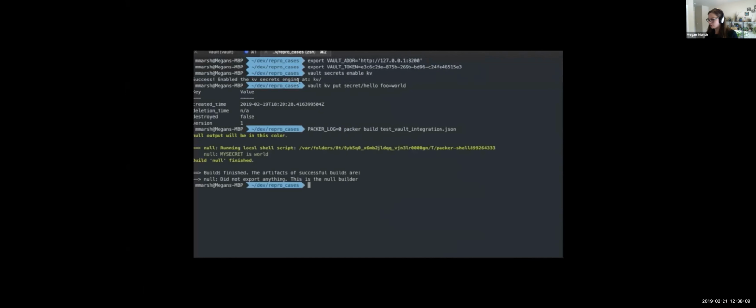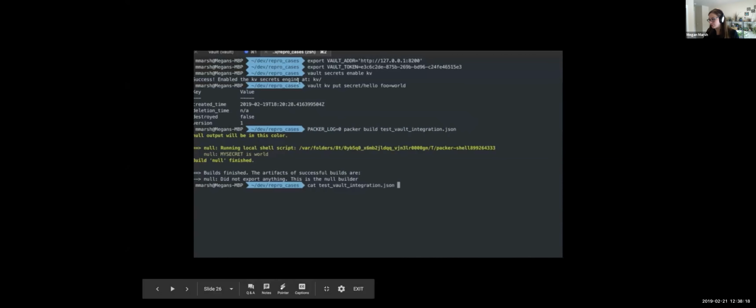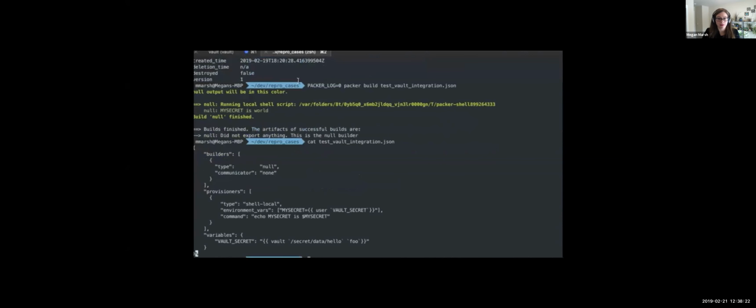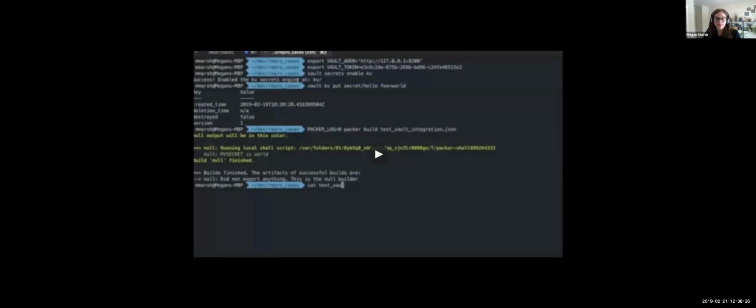Test Vault integration. And here you can see we've managed to print world successfully. And again, this script really is as simple as what I just showed you previously. It just is pulling that in from the variables. So that's not the end of Packer and Vault, because coming up in the next release, we have a new